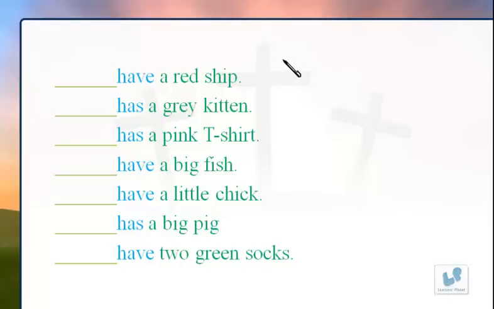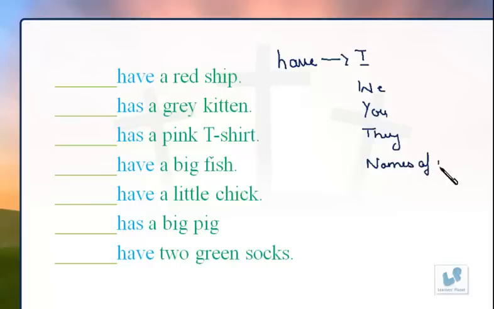So have can be used with I, we, you, they, or names of people. Okay, so over here it could be